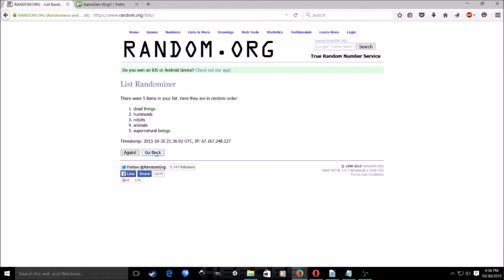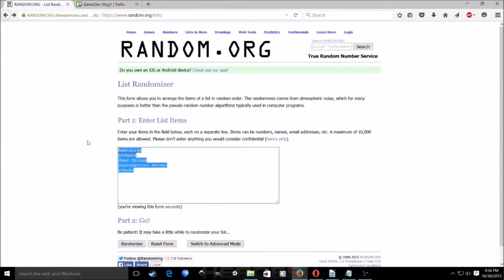Okay, so let's make this a little easier. So mummies, vampires, zombies, dead things. There's got to be some other. You know what? Do I want to limit it to mummies, vampires, and zombies for my villains? Okay, let's say dead animals too, because we're going to put some dead animals on there.